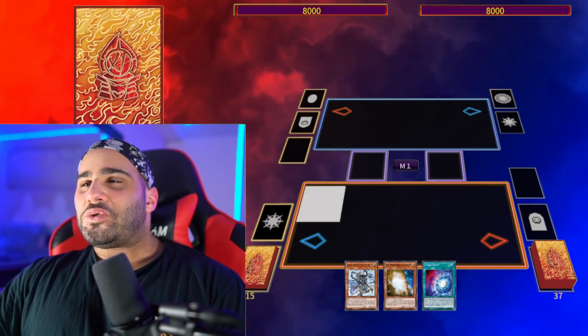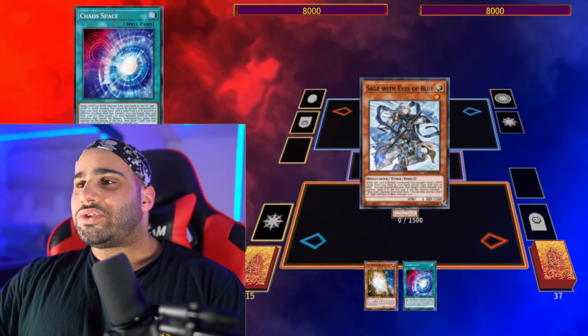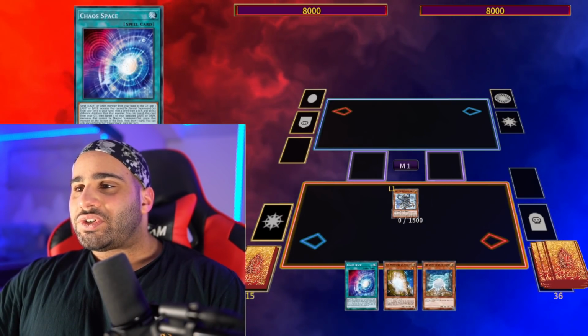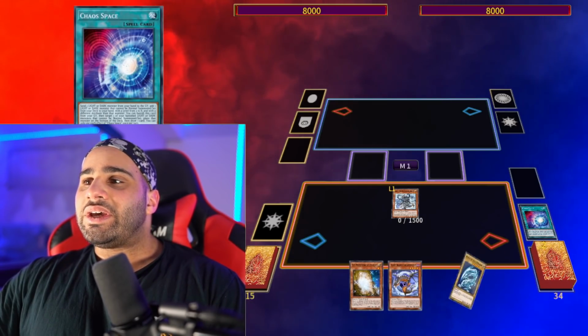Alright, this combo is pretty cool. So if you have Sage with Eyes of Blue, with the White Stone of Ancients and Chaos Space, look at what you can do. So of course, normal summon Sage with Eyes of Blue to search the White Stone of Legends, and then Chaos Space pitch it to search the Black Dragon Collapse Serpent, search Blue Eyes White Dragon from